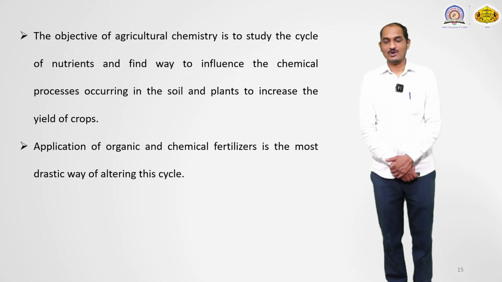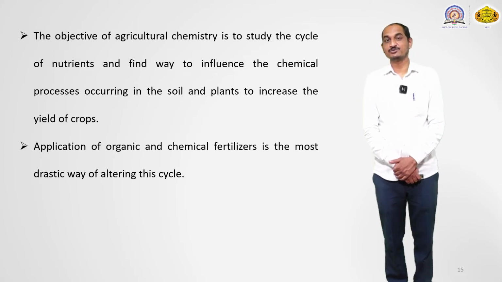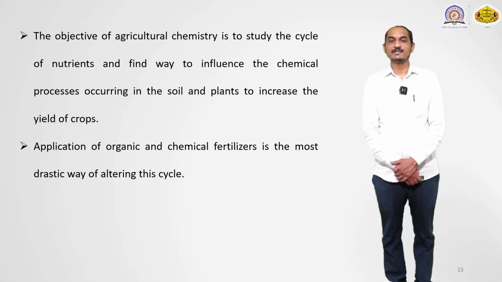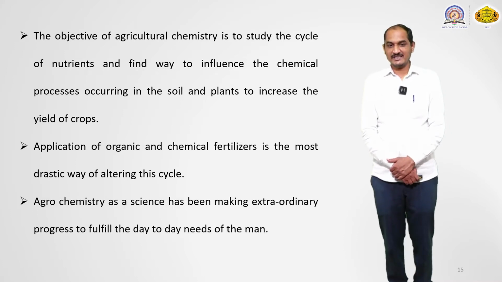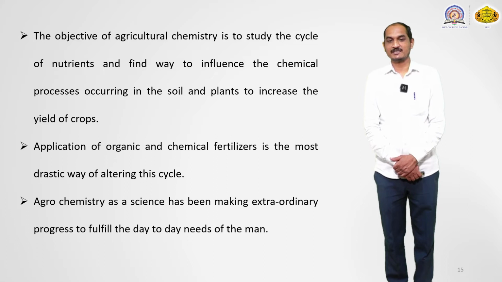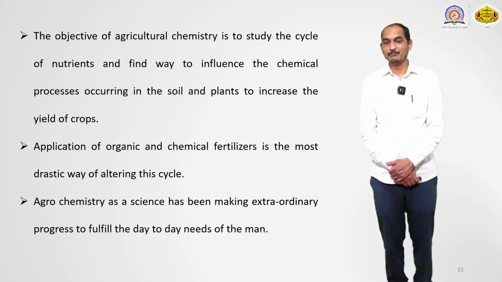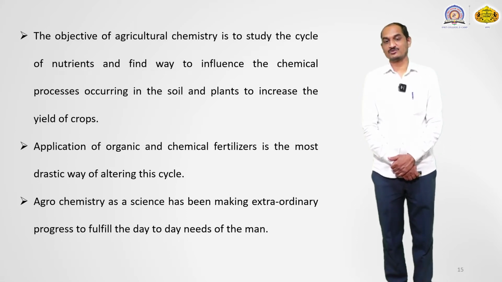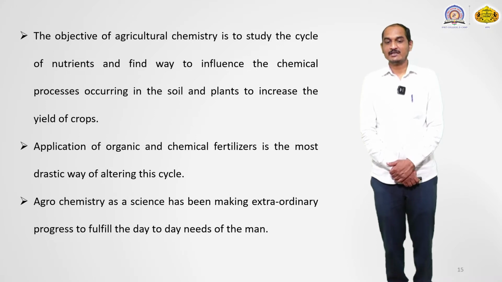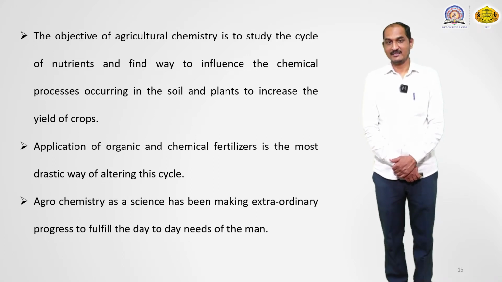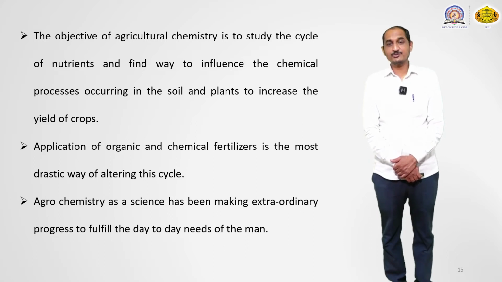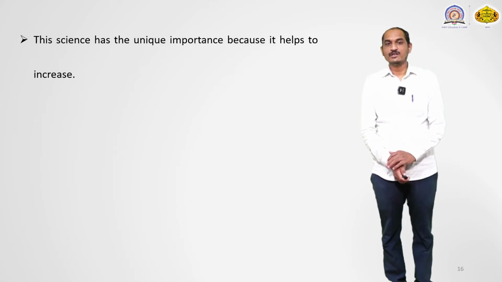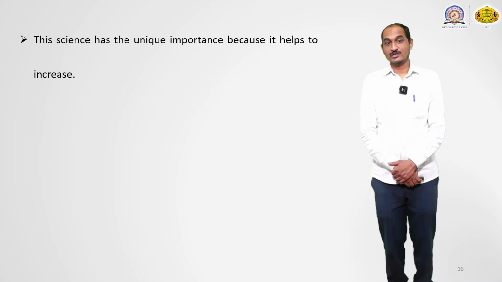Different types of organic and chemical fertilizers are used in the agriculture field for increasing the productivity of the agriculture sector, and therefore agrochemistry as a science has been making extraordinary progress to fulfill the day-to-day needs of man. Okay, because the role of agrochemistry is very crucial to fulfill all the needs of human beings,